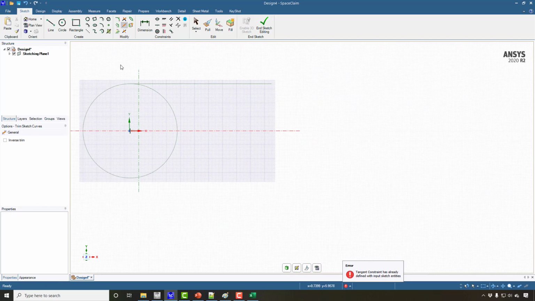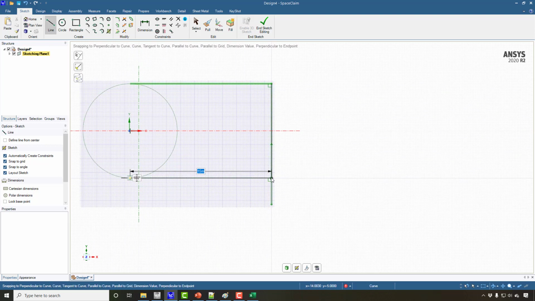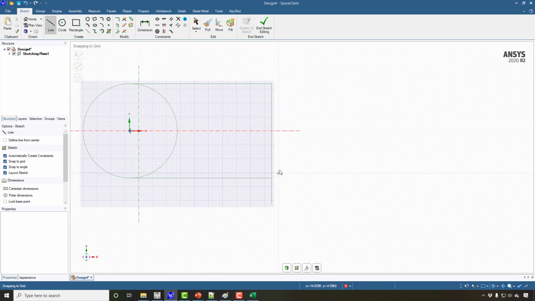So I'm going to create another line from this line, and this line will be somewhat larger than this circle here, and then from this bottom side, I'm going to create a straight line, and this will join this line over here.